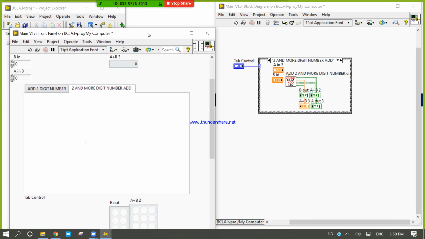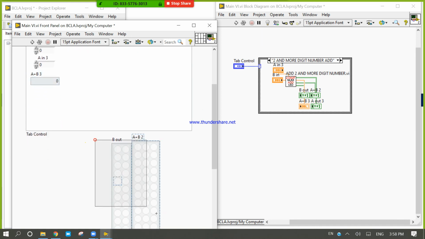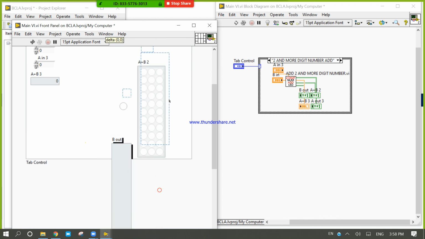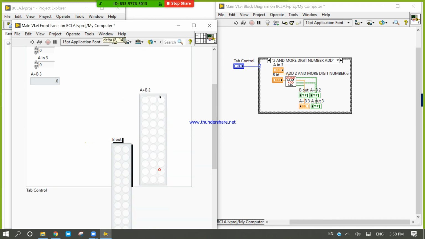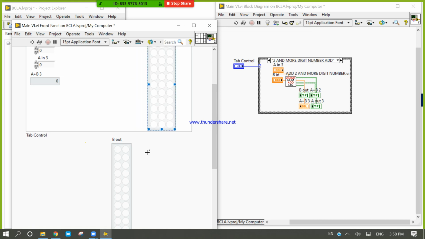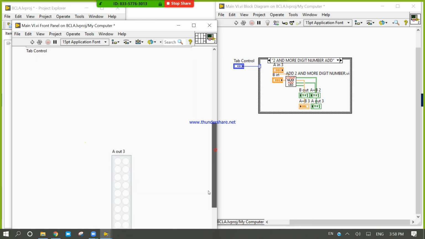Come to the front panel, and now arrange all controls and indicators here. Where is one more? Where are you?